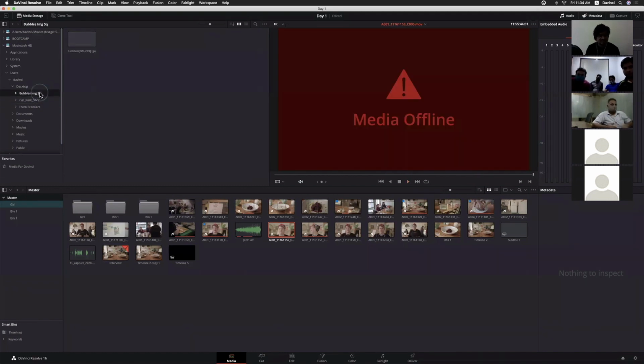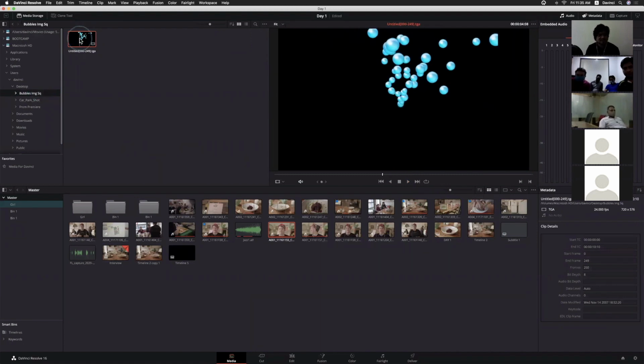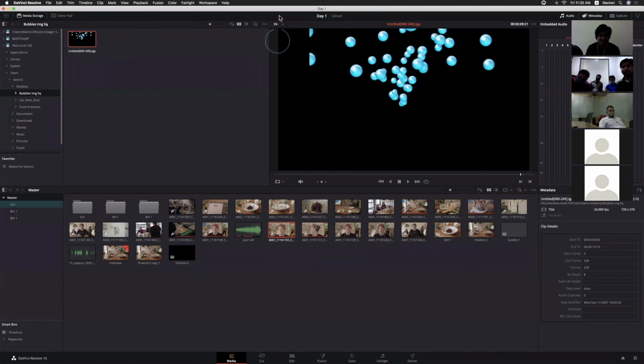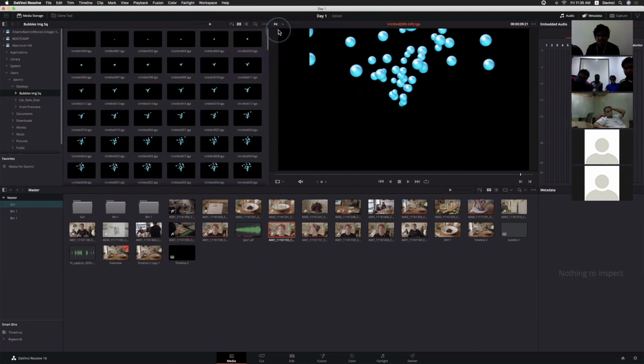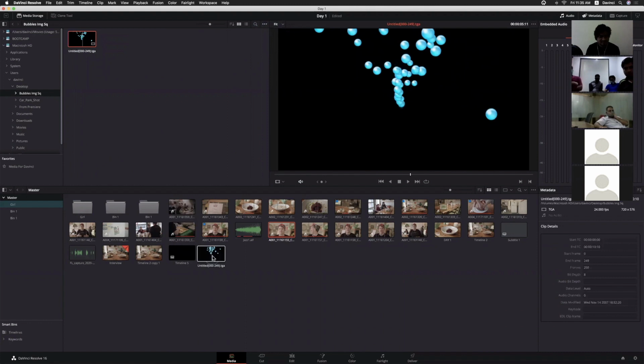But for the image sequence, let's say I don't want to see this as a movie. I want to see all the images as frames, and you will see that option here. Show individual frames. When you click this one, it will show each and every frame. Same with the DNG format also, right? And if you try to import, actually this is with the alpha channel. Let me add this one.